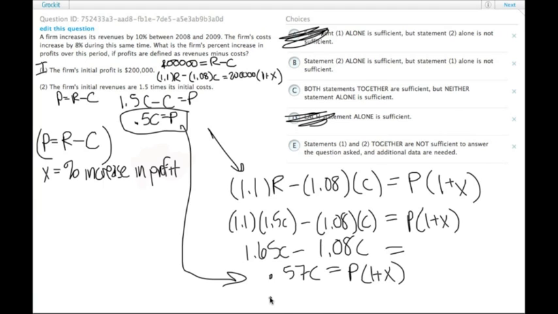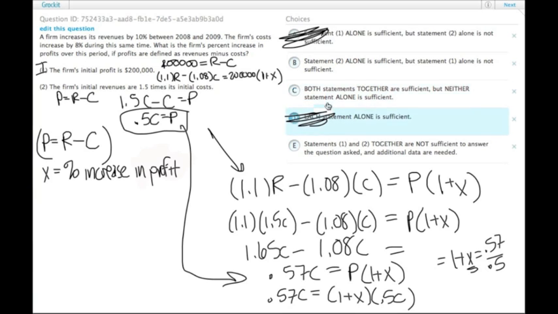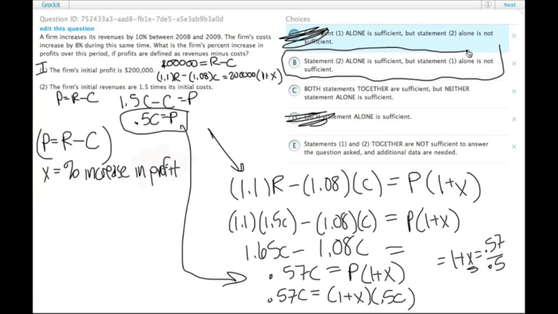So we get 0.57C equals 1 plus X times 0.5C. And as soon as you realize you have a real answer, you can stop. But we get 1 plus X equals 0.57 over 0.5. Whatever fraction that ends up being, greater than 1, we can solve for X. Again, I don't want to do it, we just have to know that we could. So statement 2 on its own is actually sufficient to answer the question because of the way it allows us to eliminate other variables. Statement 2,